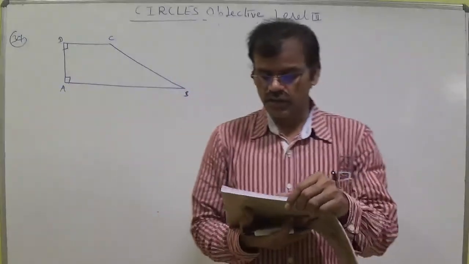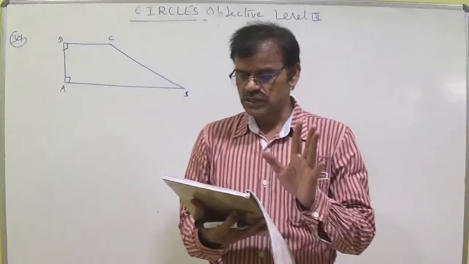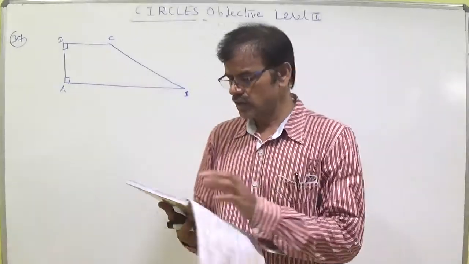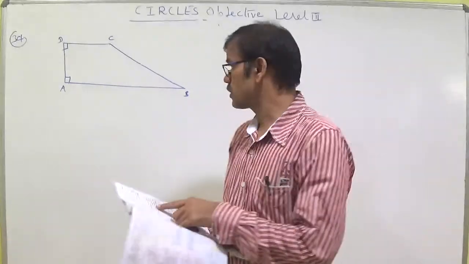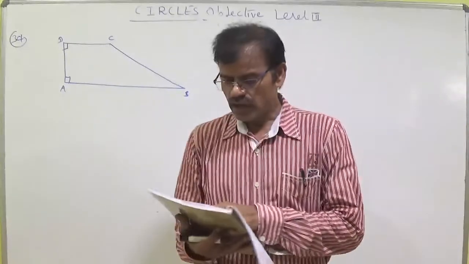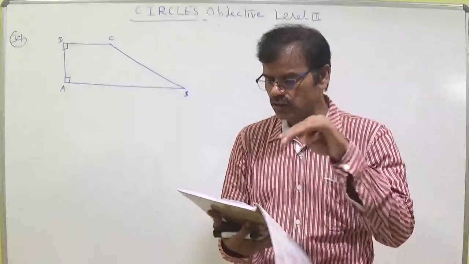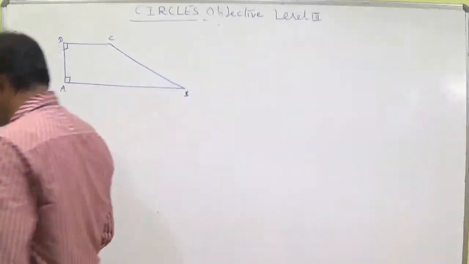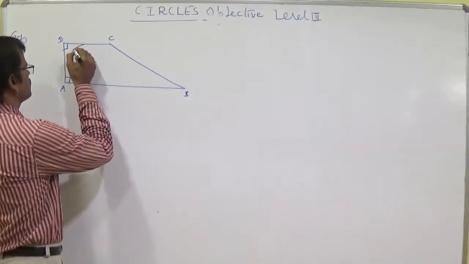ABCD is a quadrilateral with area 18 with side AB parallel to CD. It is okay. AB is equal to 2CD, it is also drawn. Let AD be perpendicular to AB, it is okay, and CD. If a circle is drawn inside the quadrilateral ABCD touching all four sides, then its radius. Now draw a circle like this carefully.